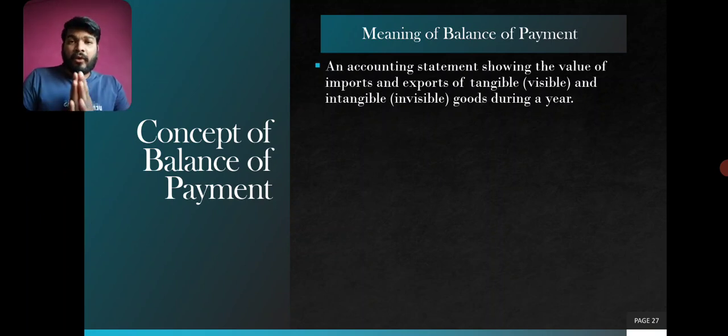Here also, like you are learning in accounts, you know debit and credit, what comes in and what goes out, and everything you have been learning in your final accounts. The same thing here: in balance of payment, some accounts are made, that is the capital account and the current account, and in them every entry is made. So there is a receipt side and there is always a payment side. It shows how many imports are being done from foreign countries to our country, and how many goods are being exported from our country to another country. That statement is called balance of payment.